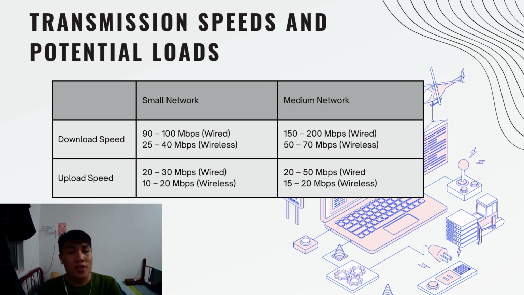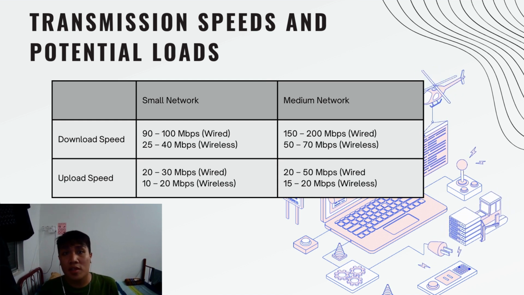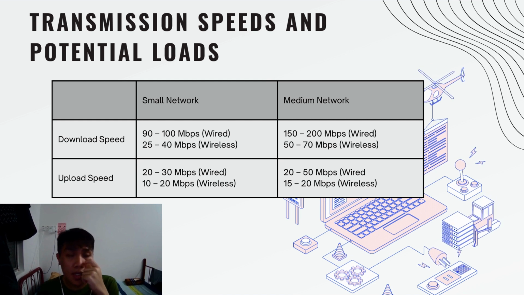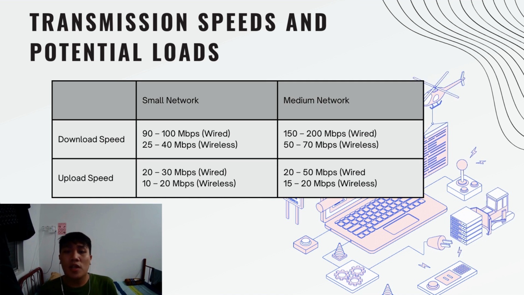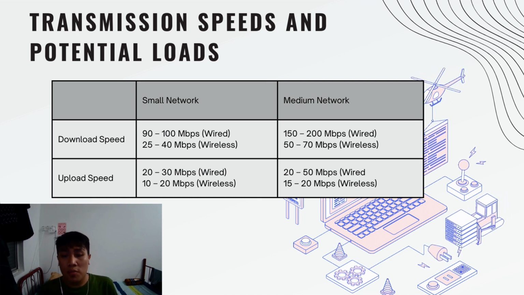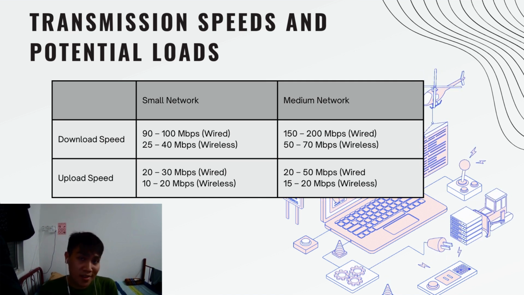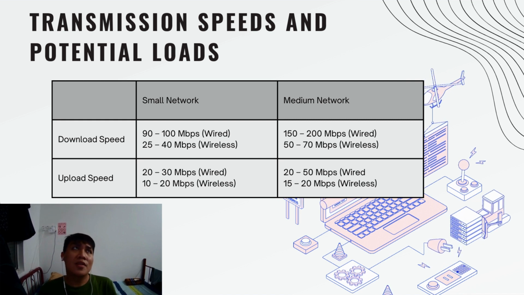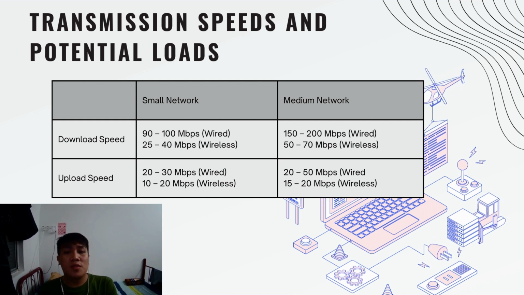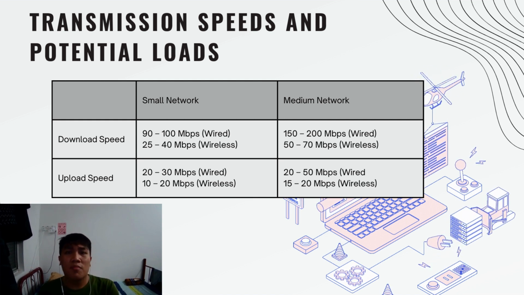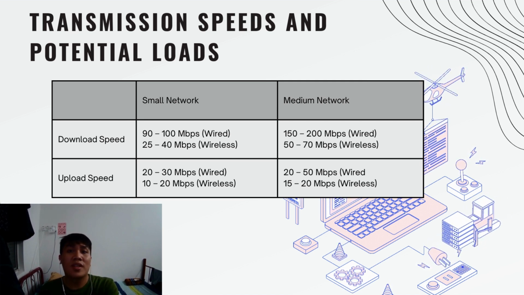The most you can get, to be brutally honest, is maybe 50 megabits per second. I'm not saying it's bad, but it depends on the time of day because of high traffic. Okay, and then for the medium network, it's 150 to 200 megabits per second for wired, and 50 to 70 megabits per second for wireless. Again, this is just the advertisement or marketing by the ISP, but you can see where I'm going with this: especially with high traffic and a high number of users, we will not reach this speed in daily life, in real use.